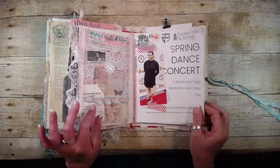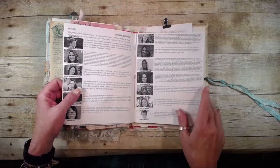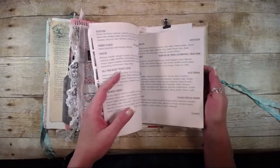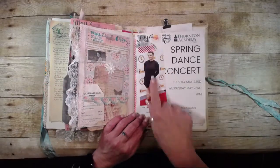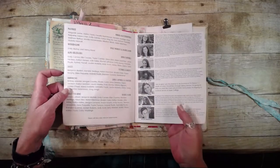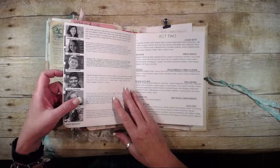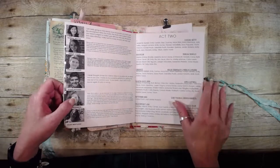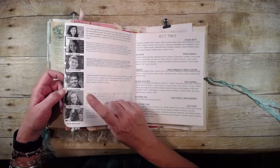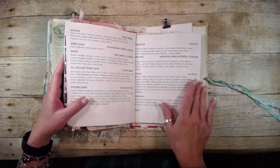And so I did the same thing with this one as I did with the last one. I just pamphlet stitched it and then glued the back page onto what was the base page in my signature. So there's my gorgeous daughter. And this way all of the writing inside was open or available so that I can still see it, because not only did she dance on a bunch of numbers, she choreographed a bunch of them, and I like going back and looking at all these kids that I've known forever and see their senior pictures. So, oh yeah, it's choking me up just talking about it. Yep. So anyway,